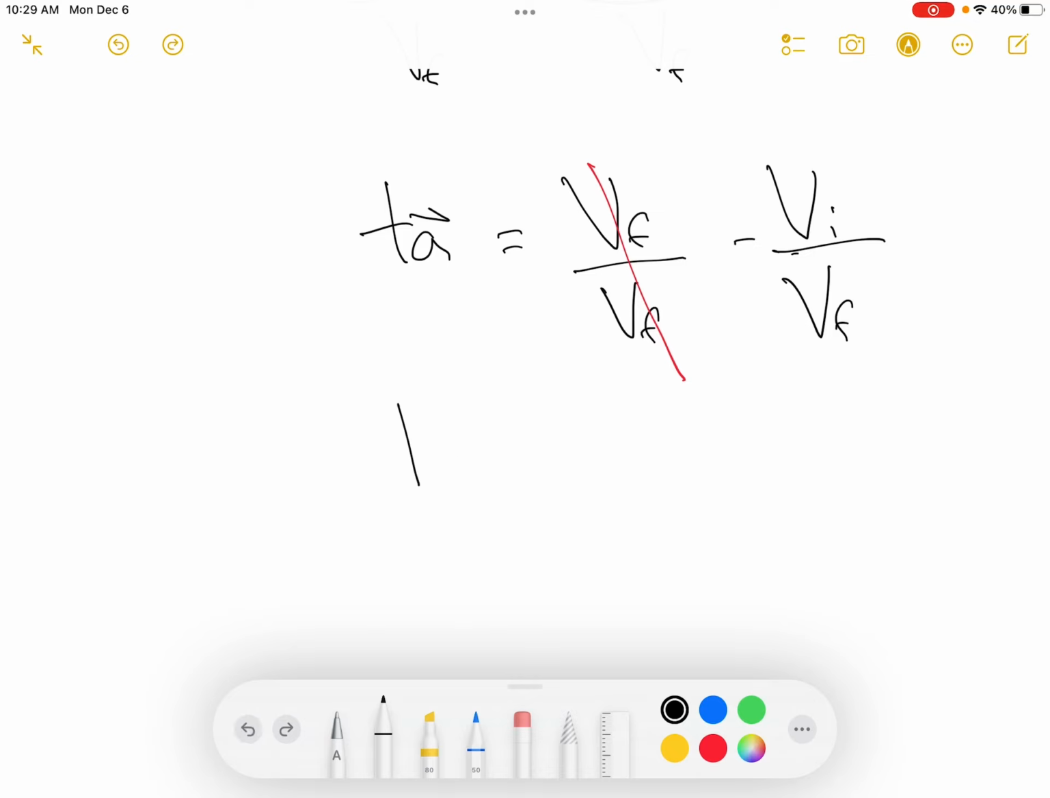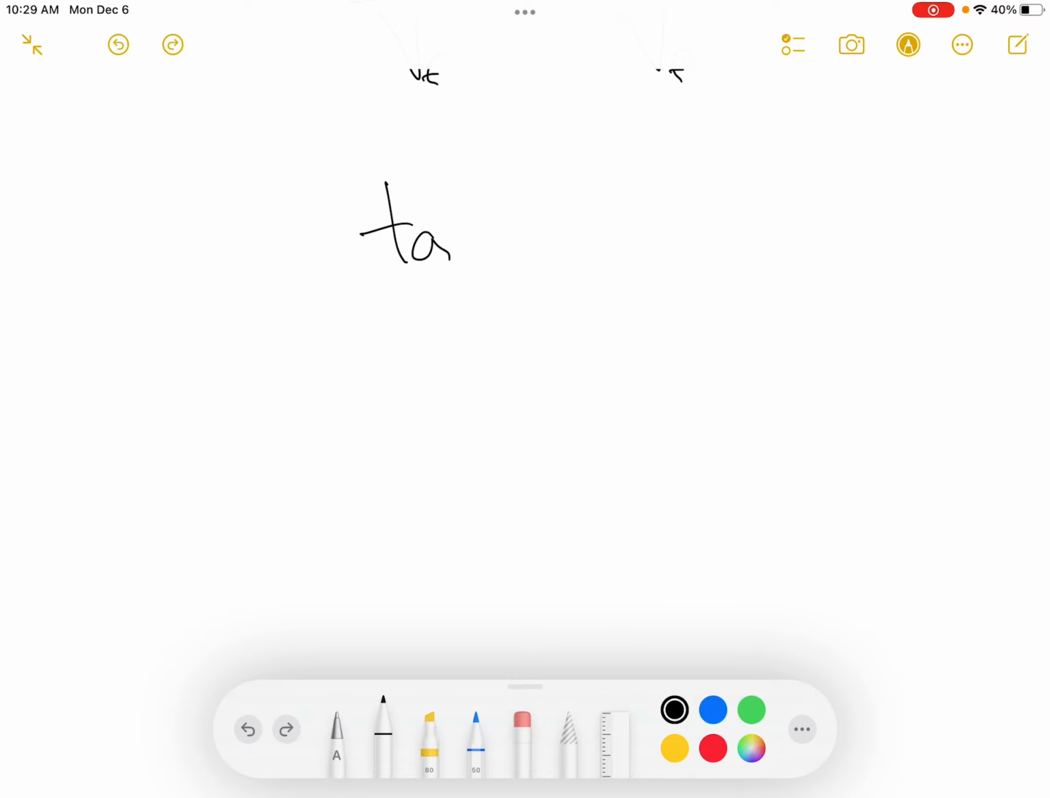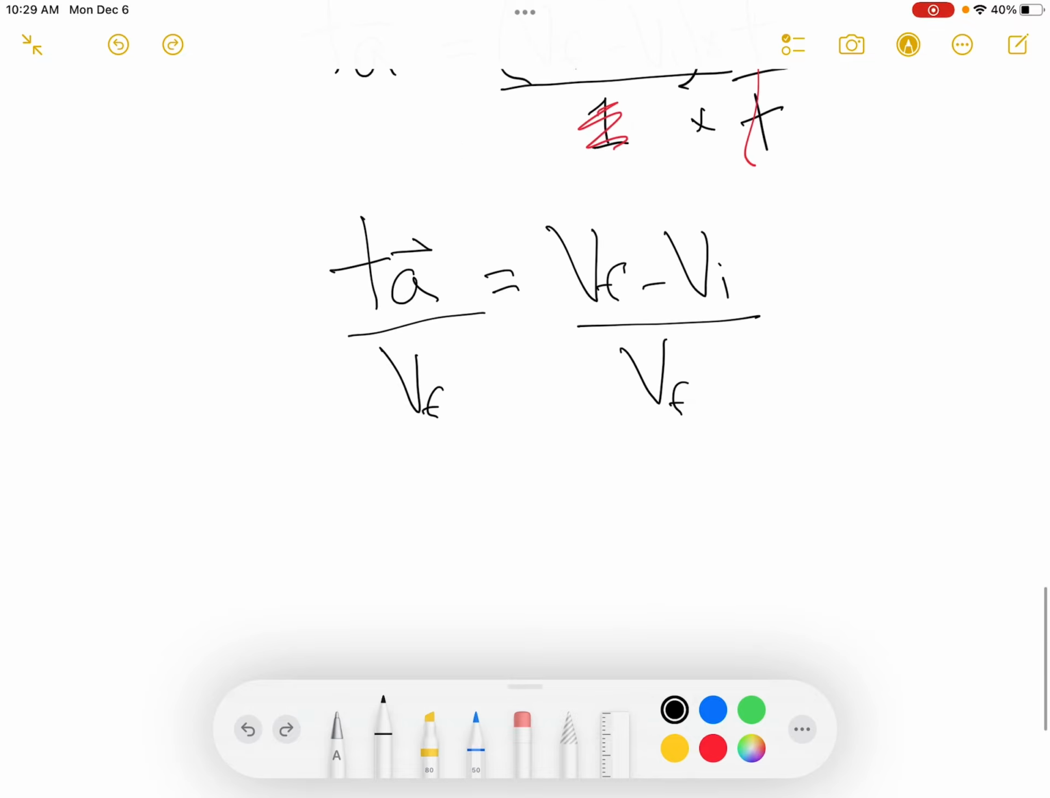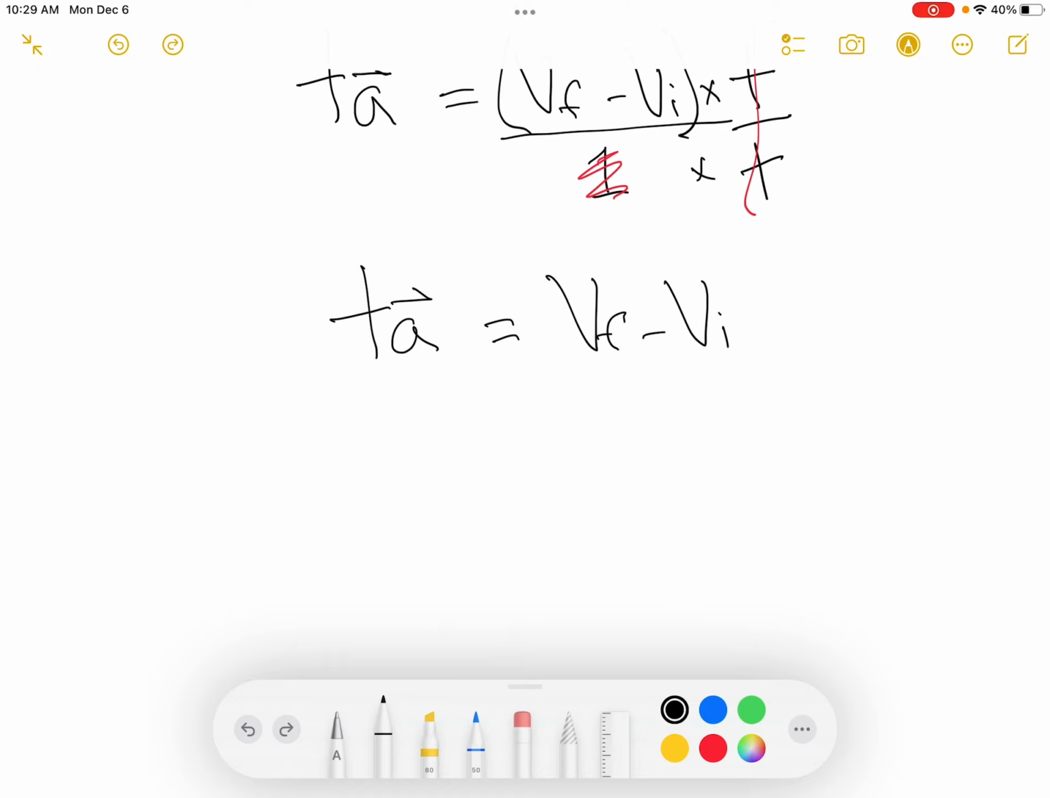So let's back it up here. Let's say, okay, maybe we don't want to go this route. Maybe we want to try something else. Okay. So instead of dividing by the final velocity, let's see if we can approach this in a different way. So here we have Vf minus Vi. So how can we get rid of that if dividing by Vf means that we're dividing both